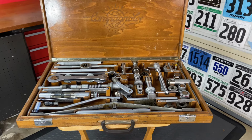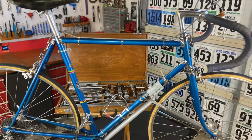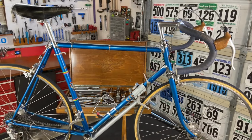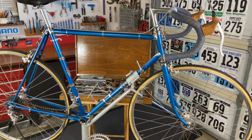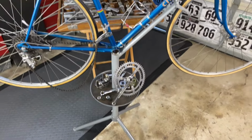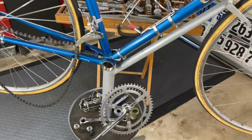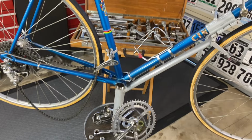So I've turned the clock back to, I don't know, 1968 or so here, and I put a nice bike of the right vintage here. This is about a 1967 or 68 Cinelli Model B. I've got it on a proper Campagnolo repair stand, which is another very hard to find vintage tool. And what I did is I took the crank out. So we're going to pretend that we're going to put the crank in, and I'm going to show you how you use the tools to prepare the bottom bracket,